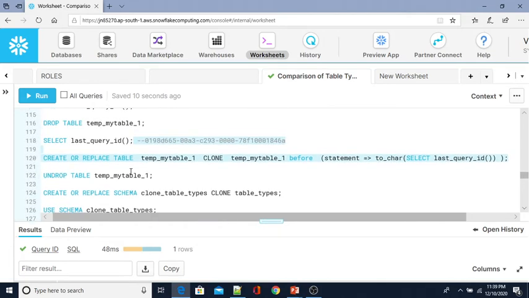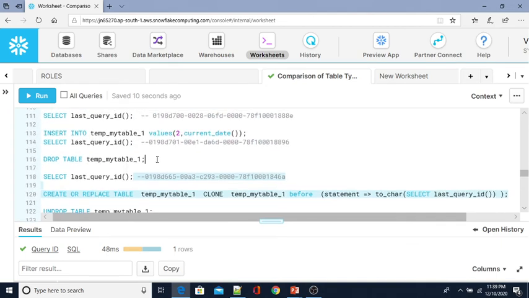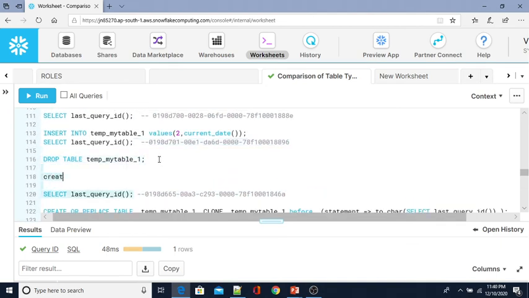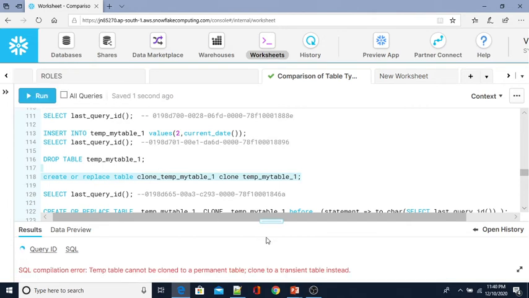Let me clone the table: create or replace table clone underscore temp table, clone keyword, then from what table you are going to take the cloning.